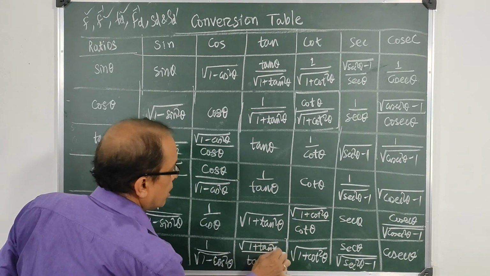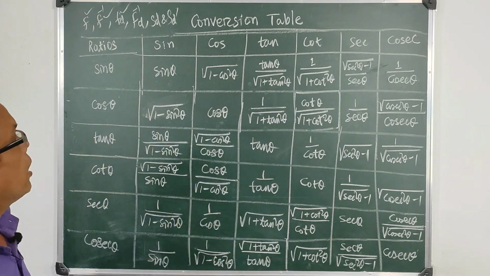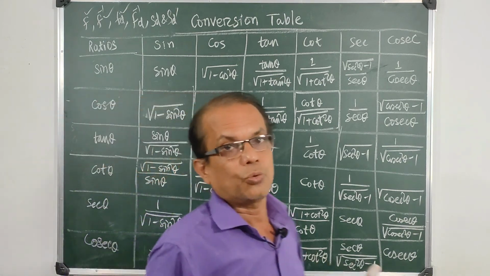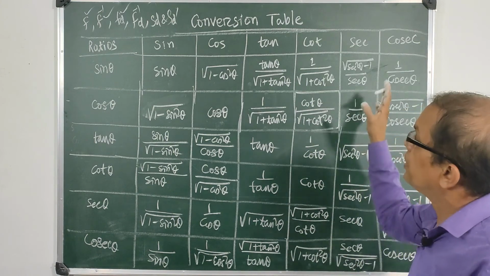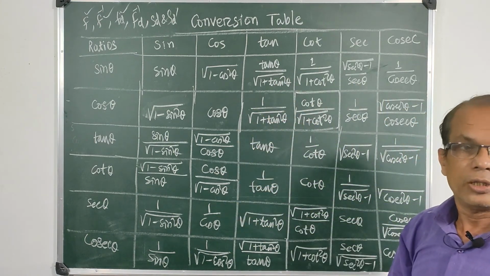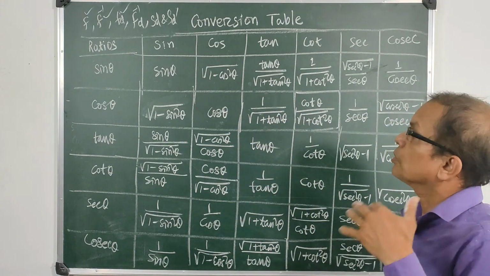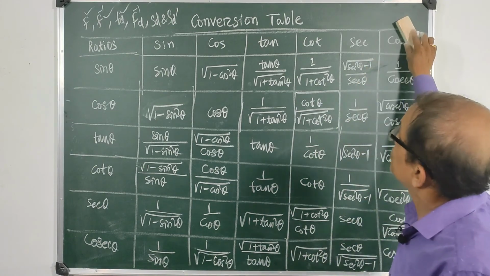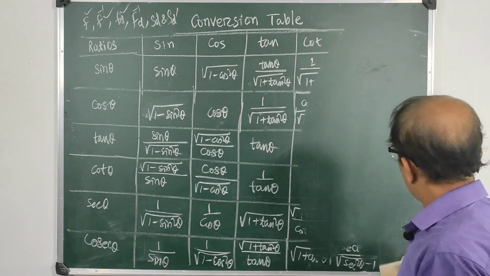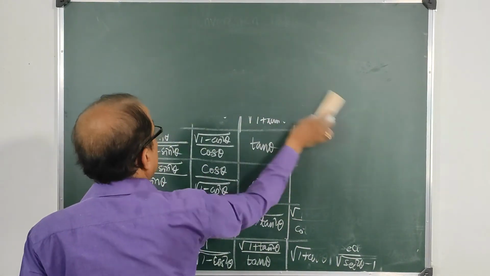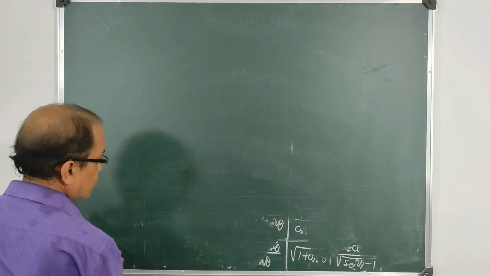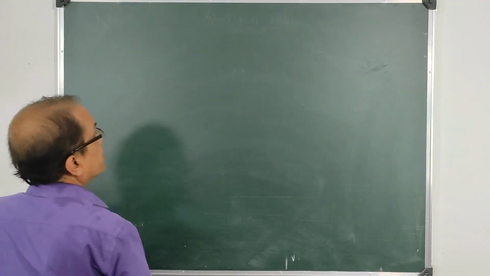So here we end the conversion table, and I think if you practice well then this table can be finished in just 200 seconds. If you complete this table in 200 seconds then it's okay and you are intelligent, and this will help you in many ways, and trigonometry can be made super fast. And these things are used in what applications?